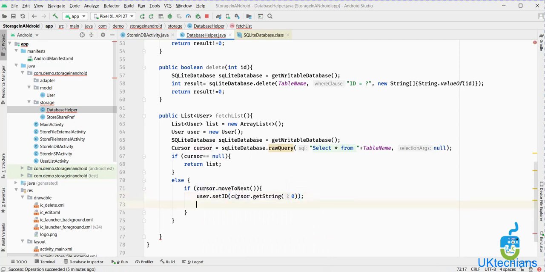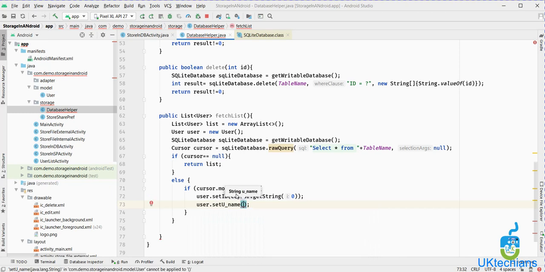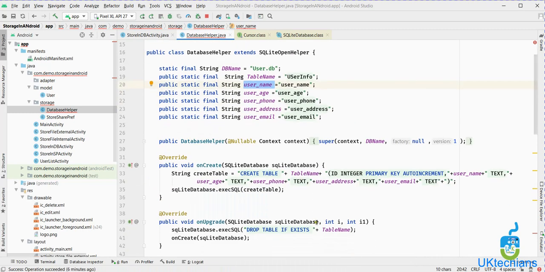Then the second column is cursor dot, and the index is 1, then 1 is ID, which is mentioned here, and then the username, age, phone number, address, and email.